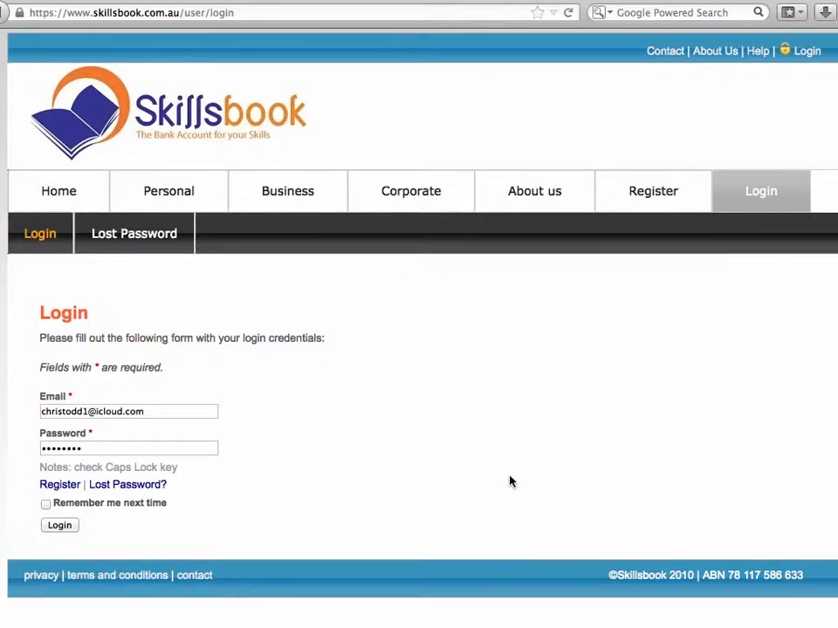This is the way for a trainer-assessor to set up a course in the WorkLog section of Skills Book so that students can log the tasks that they perform in the workplace or simulated workplace. Start by going to